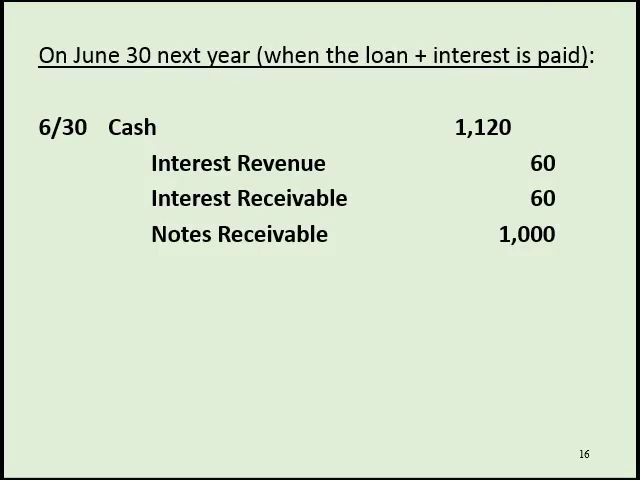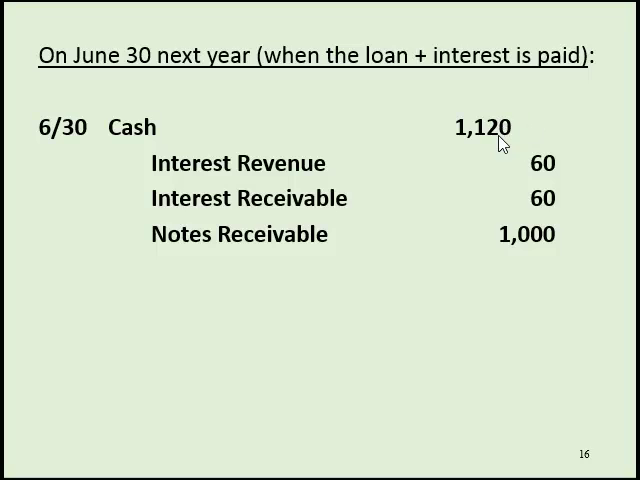Now the hardest entry is the one that we need to make on June 30th of the following year, when that loan plus the interest is repaid to our company. So our company will receive a total amount of cash of $1,120. So our company will be repaid the $1,000 principal plus $120 in total interest, which is the full year's